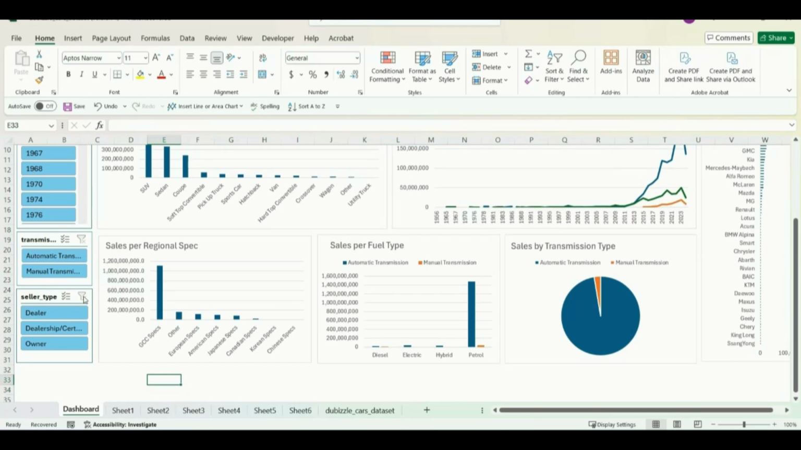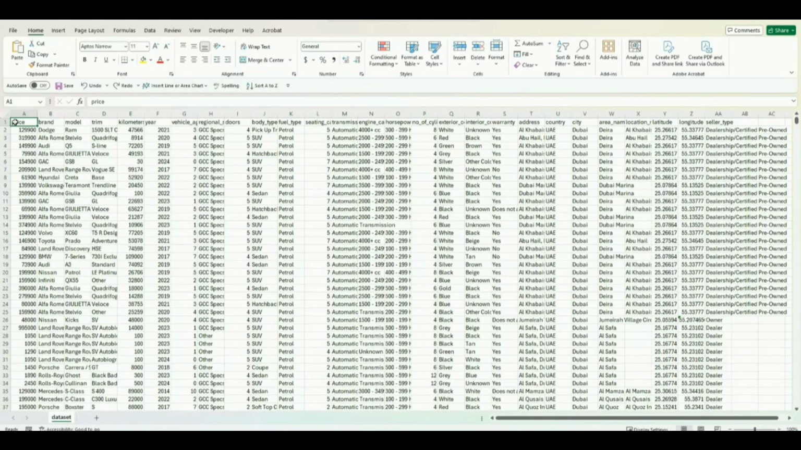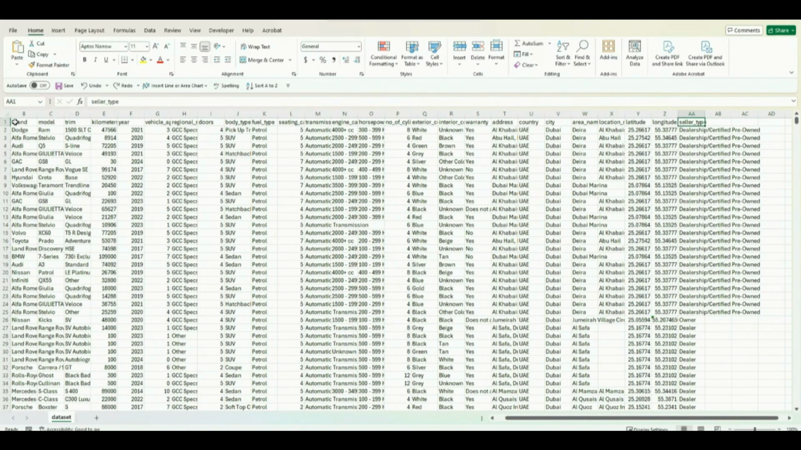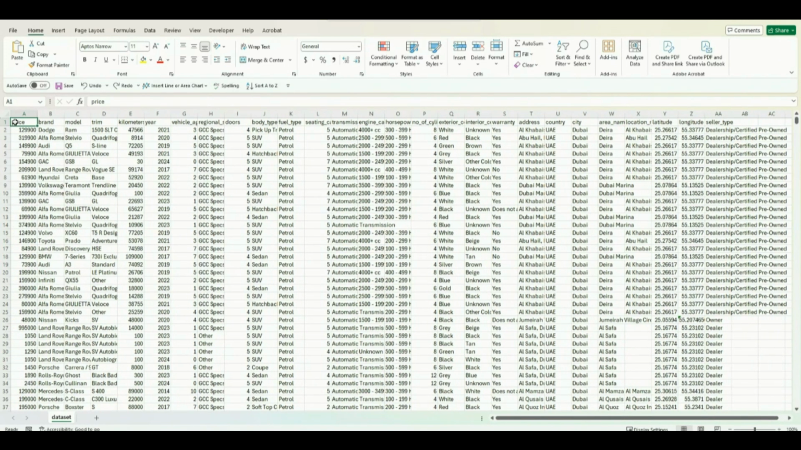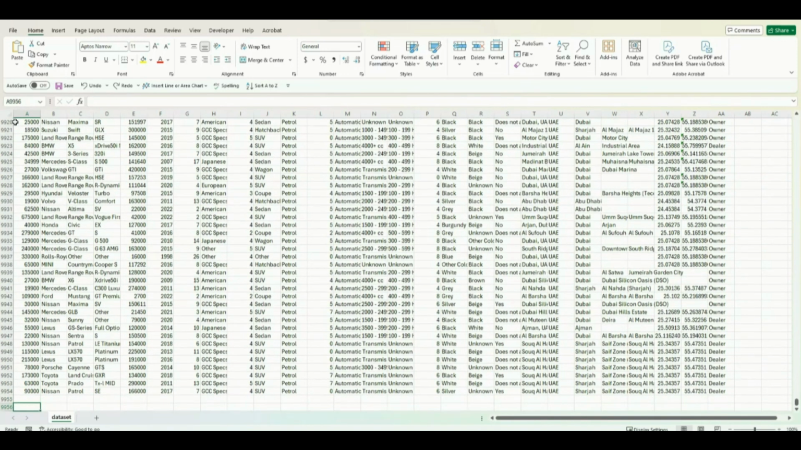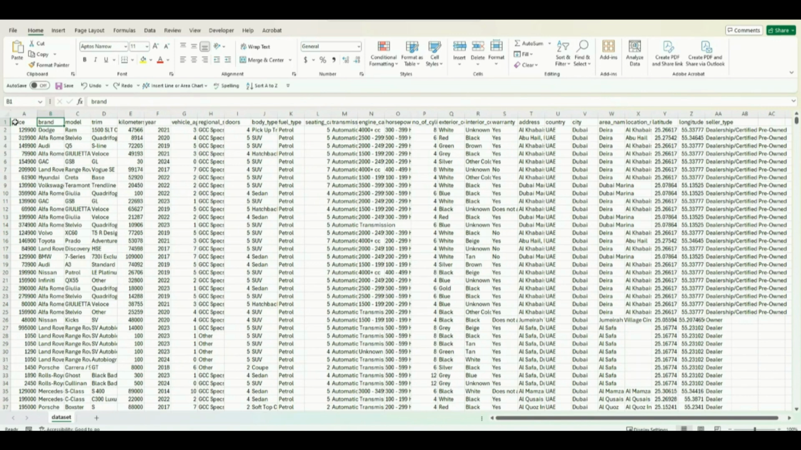Let's get started. So here's our data set, which we downloaded from Kaggle. It features automobile sales in the UAE and contains 27 columns and a little over 9,900 rows of data. Since this data set has already been cleaned with no empty rows or columns, we will go ahead to format